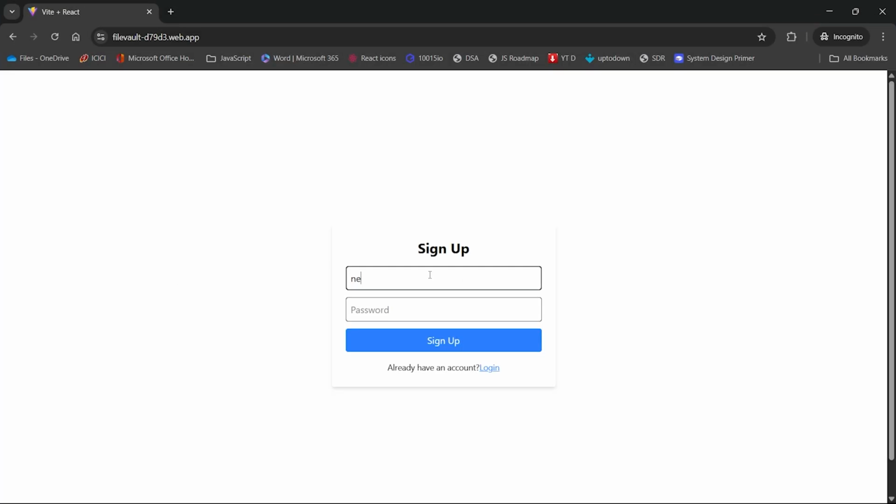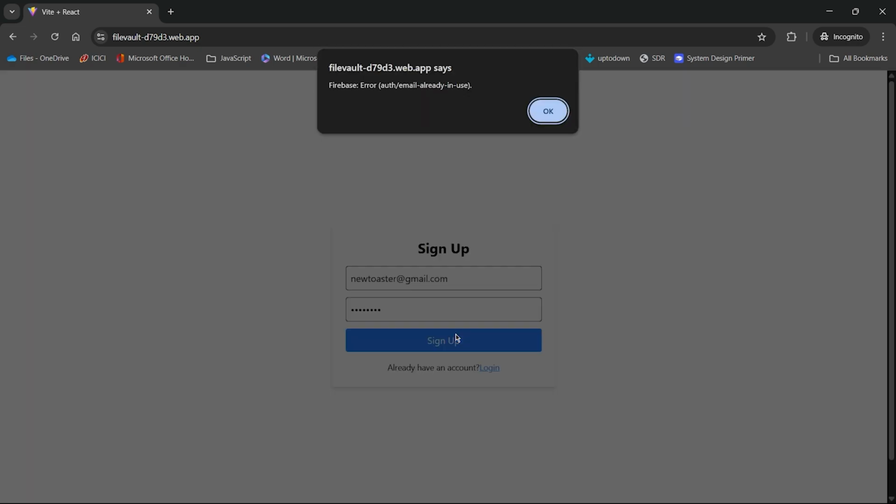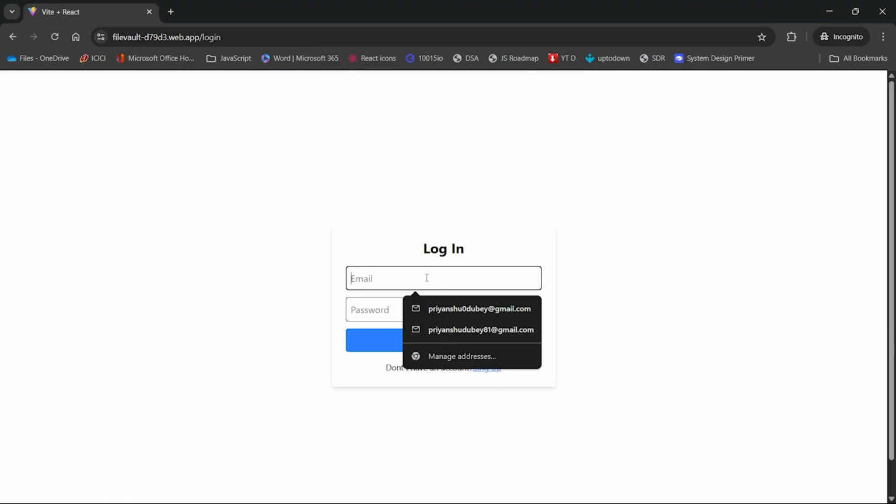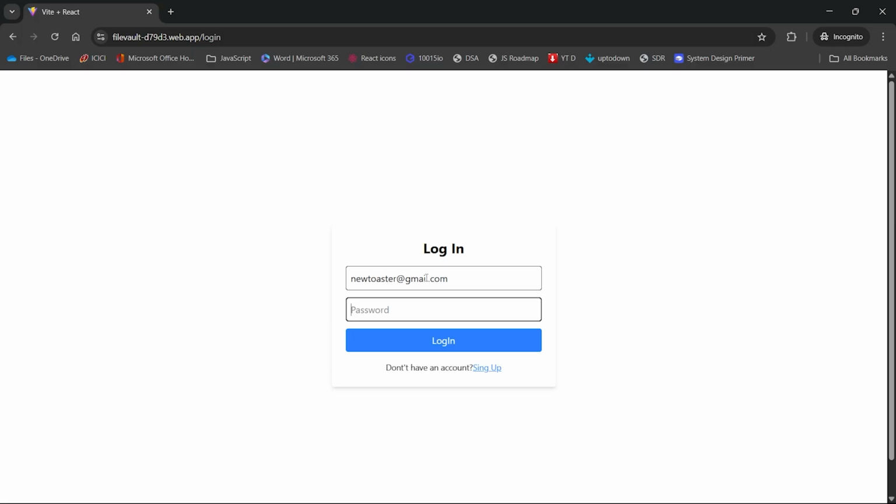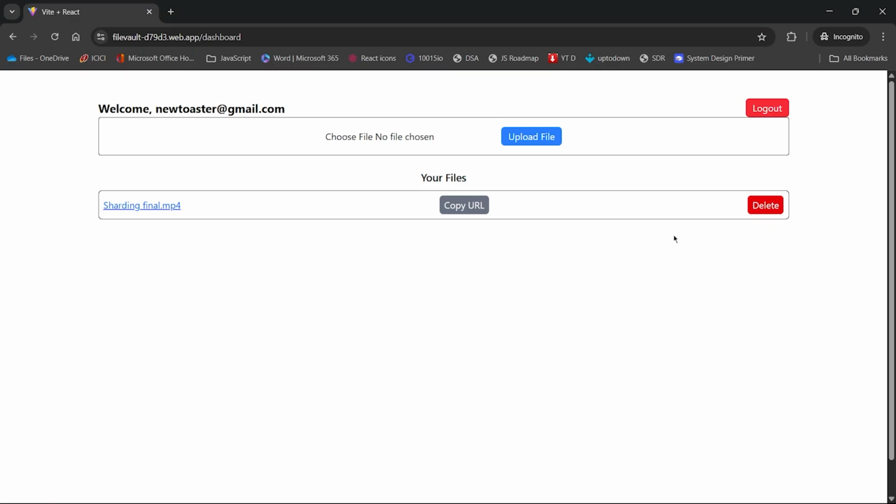Let's try maybe our user newtoaster@gmail.com, and then 12345678. That's the password. Oh, sorry, we are at the sign up page. I'm so sorry. Let's go to login and do newtoaster@gmail.com, 12345678. And here we'll do login. And here we are. See,